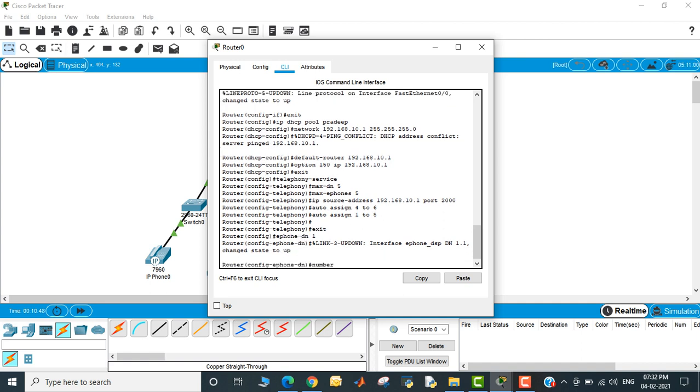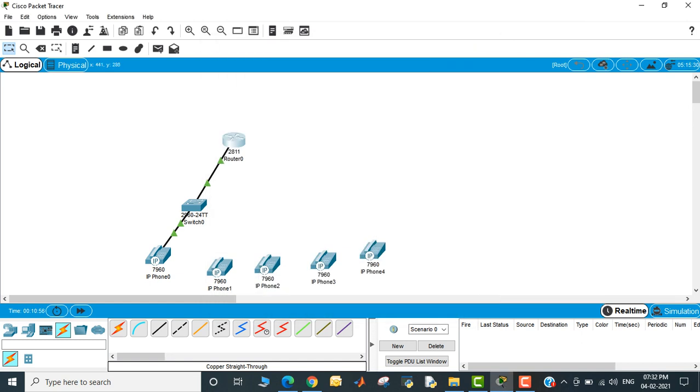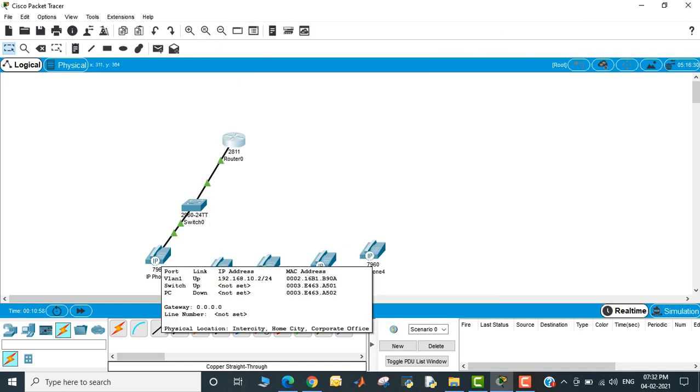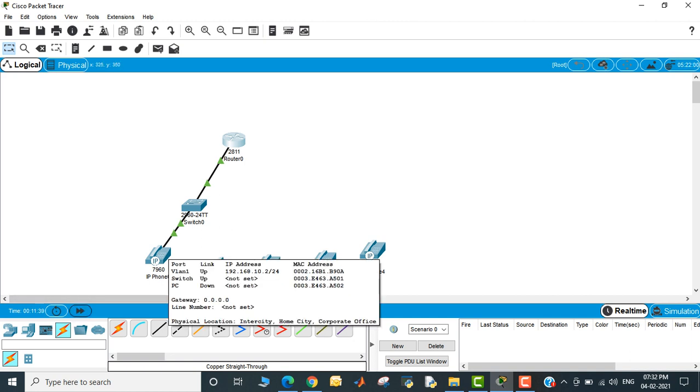My roll number, I can give any number, so I'm going to give 55. Now we can see whether the connection is established or not. Yes, this connection is not established, line number not set.